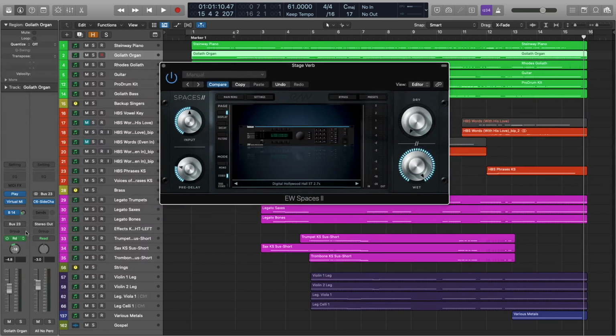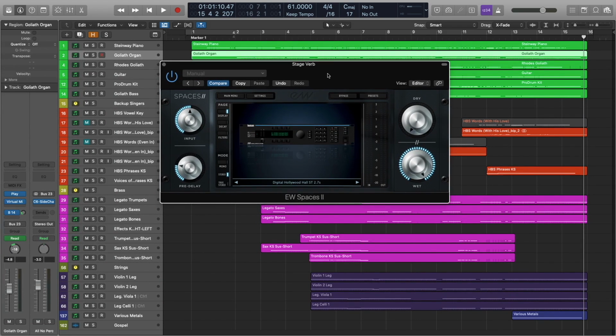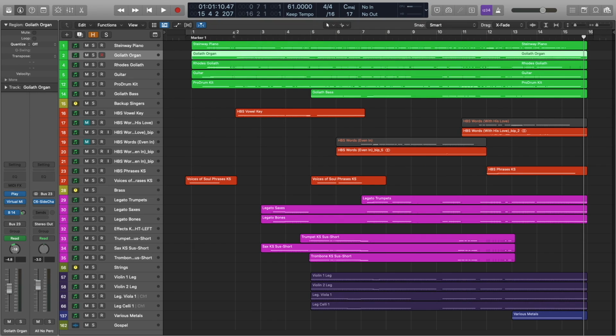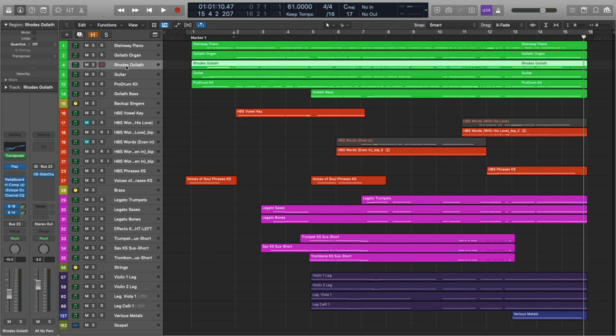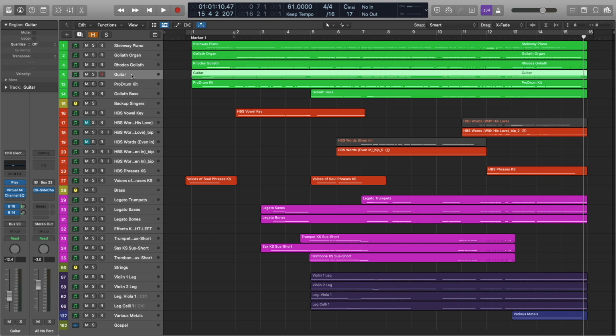If you see bus 14, that's just going to be this reverb here. So just keep that in mind. The Rhodes is also being sent to the stage reverb, as well as to a stereo delay. The guitar is also being sent to the stage reverb and that same stereo delay.